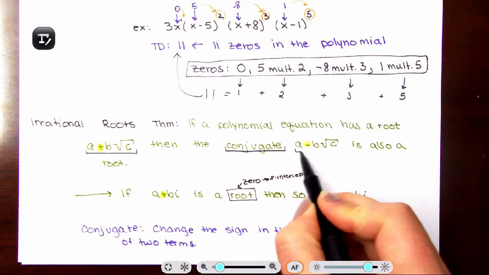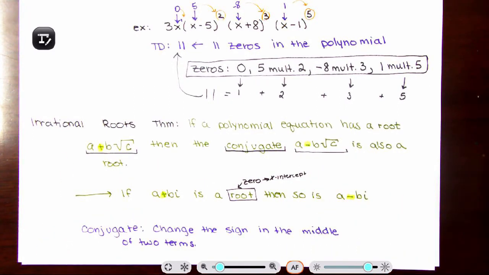You're going to end up having to use the quadratic formula. I know it's been a while. I will give you that formula in this video. You will put it in a thinking bubble because you will need it. So if you have one, you must have the other. There is no way around it. If you have a complex root, an imaginary root, or an irrational root, you have